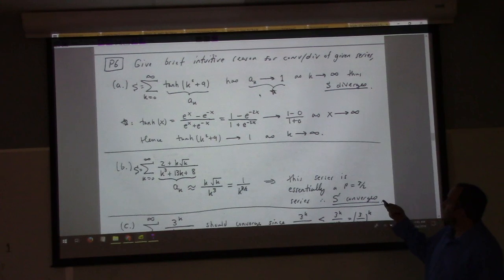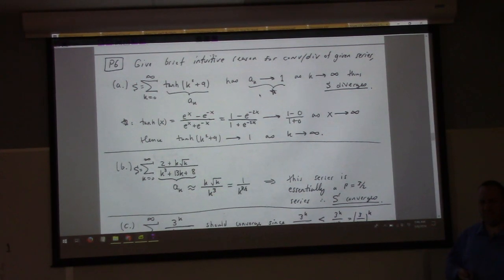So because tanh goes to 1, that means that a sub k goes to 1, because this is getting really large, and we're feeding it into a function which asymptotically goes to 1 for large values, right? So by the kth term test it diverges. But I would be completely content if this was the problem on the test, if you just wrote, this looks like it diverges by the kth term test because tanh doesn't go to 0 as its input is large. That would be a totally acceptable solution to this problem if it was on the test, all right?